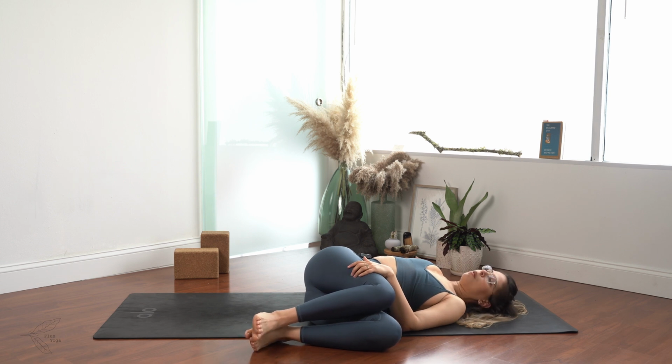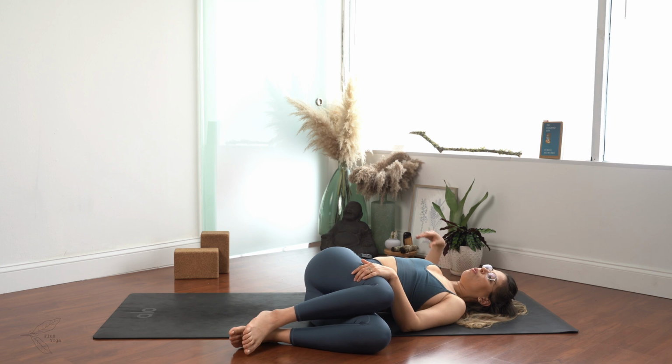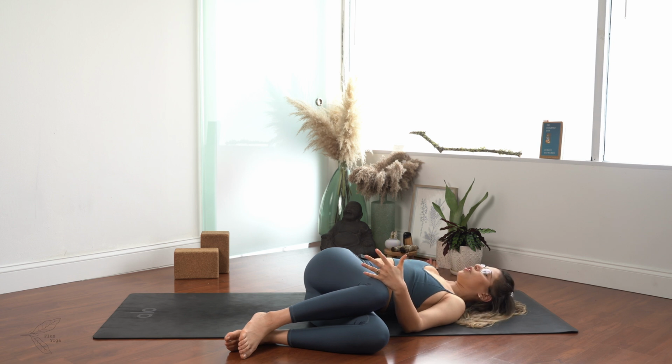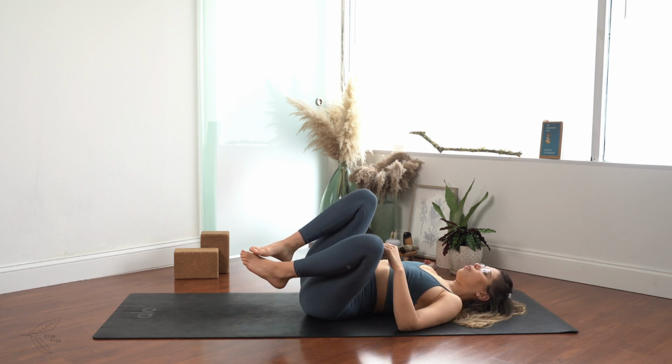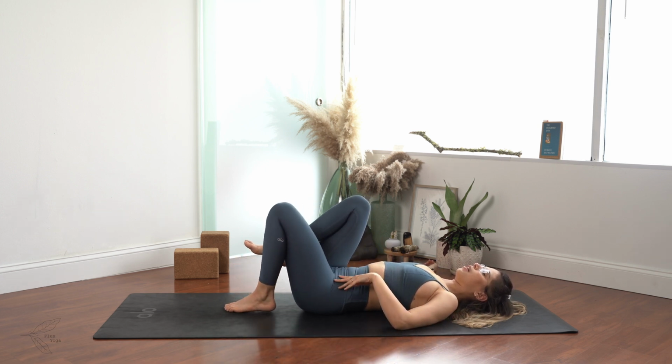And I want you to notice that since the knees are the heavy thing here, don't focus on shoving and pulling the right shoulder back down. Just allow it to gently open up and gently allowing the breath to be the thing that guides us. And then slowly through the next inhale, we'll pull both knees back into center, setting the sole of the left foot down on the mat